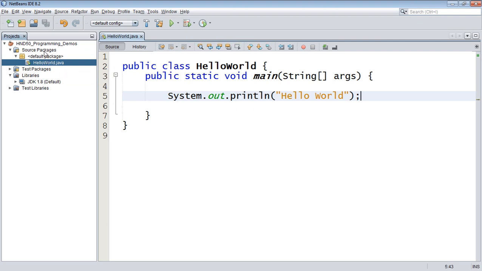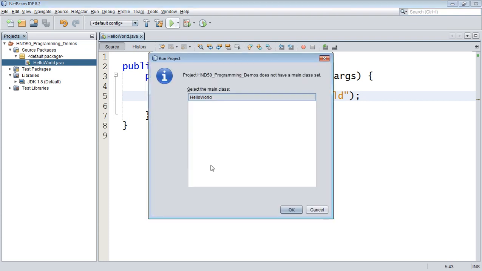Actually, inside this project you will have so many other files. Now for the time being, we have only one file called hello world. In upcoming projects, we're going to create so many files, so it's going to be filled with files. So if you click this one, for the time being it will run, right? So it's asking which one to be made as the main program. So it's this project